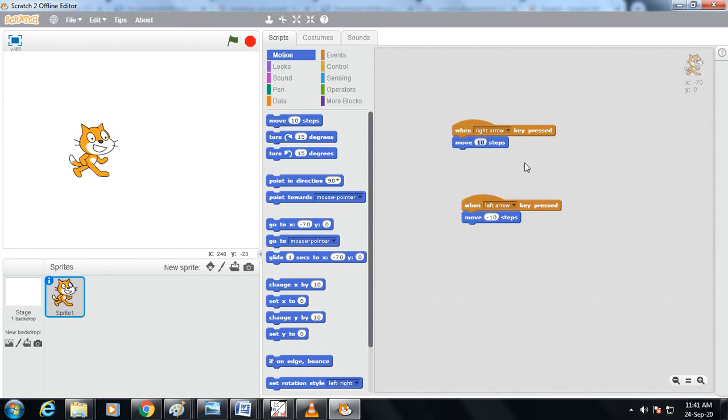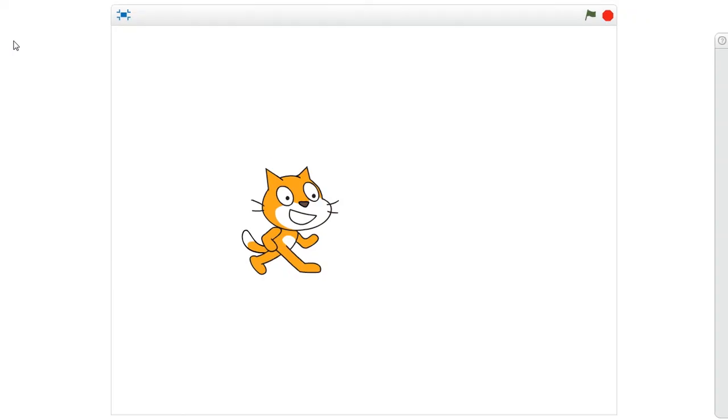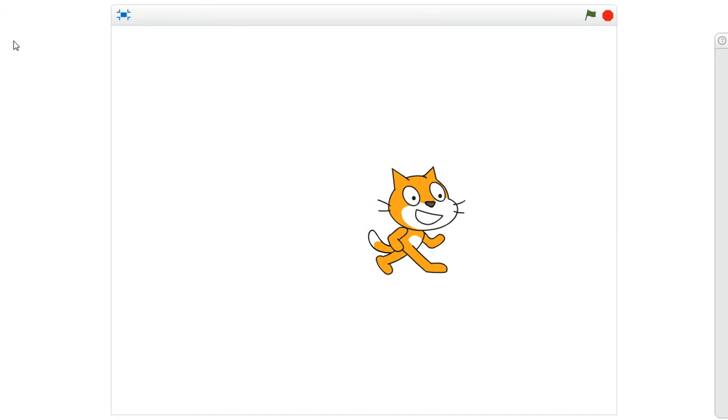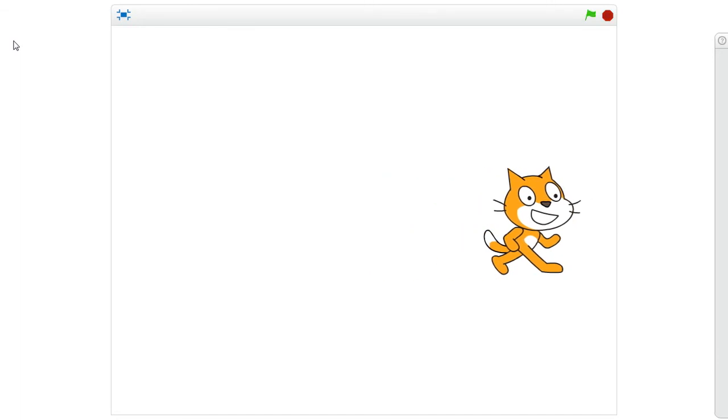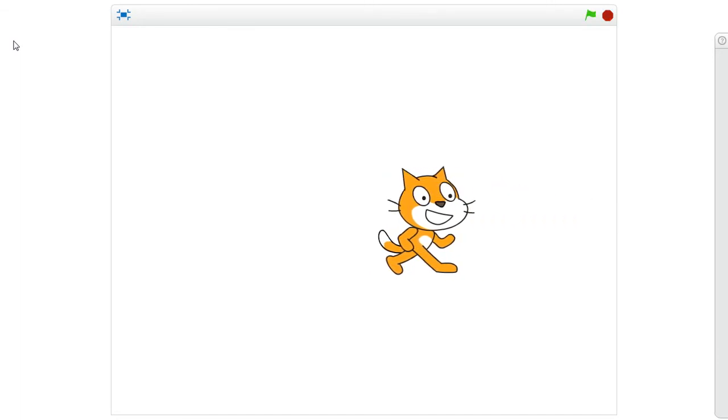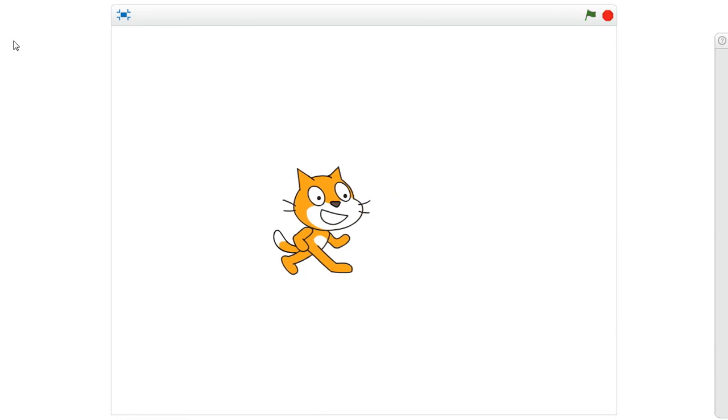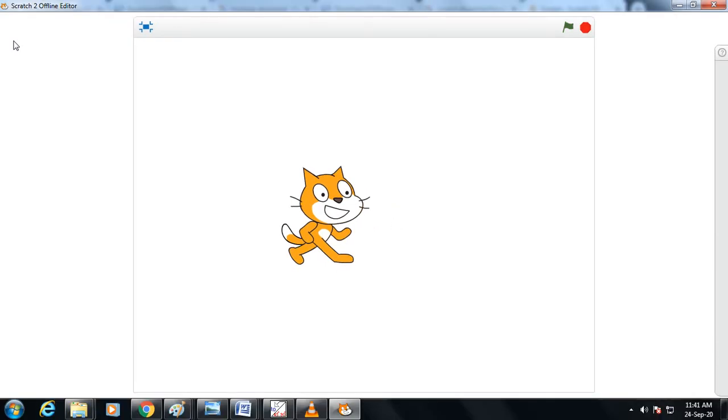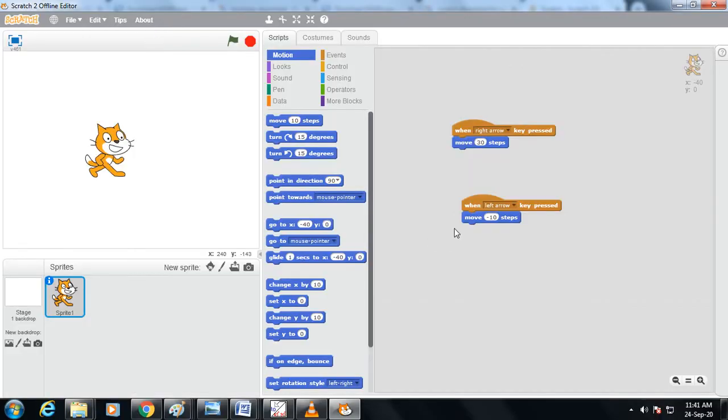See, I am putting 30 steps, fine, and just click over here. As you press 30, your character is moving more ahead, and in 10 steps it is moving very slightly, fine. So in this way you can move your character.